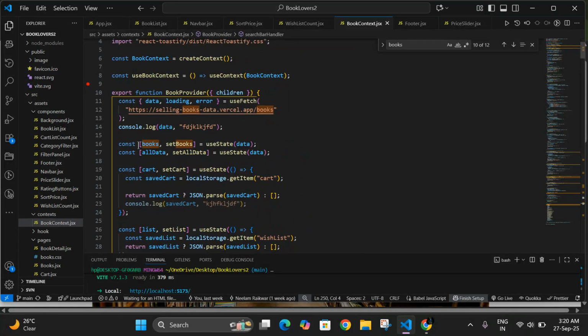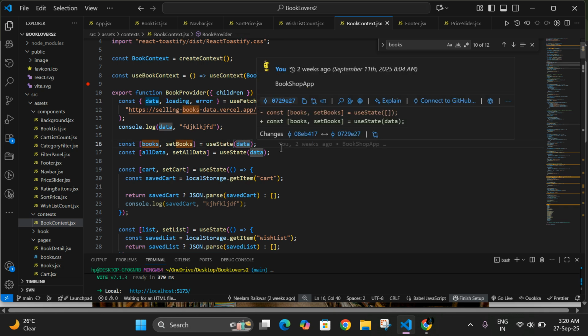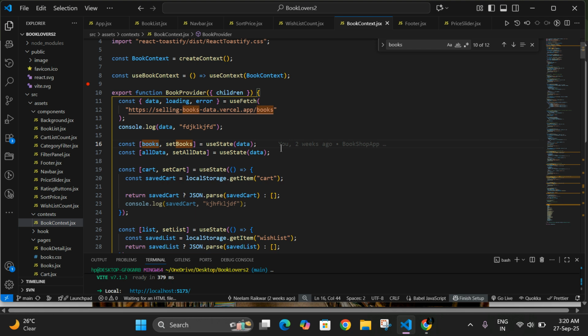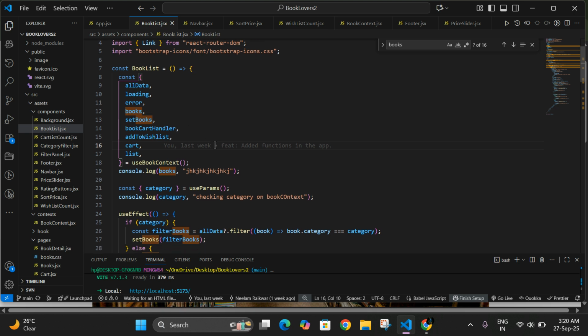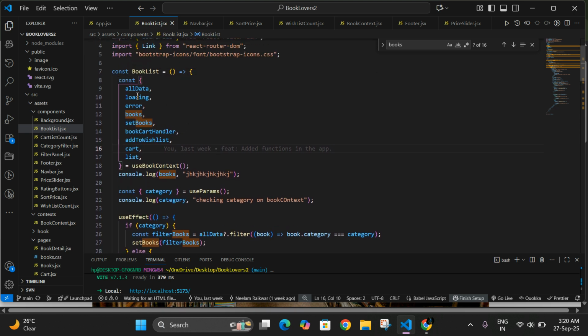In these books and set books, I have data as the initial value, and I am using this here in the book list page. This books, set books has all the data.